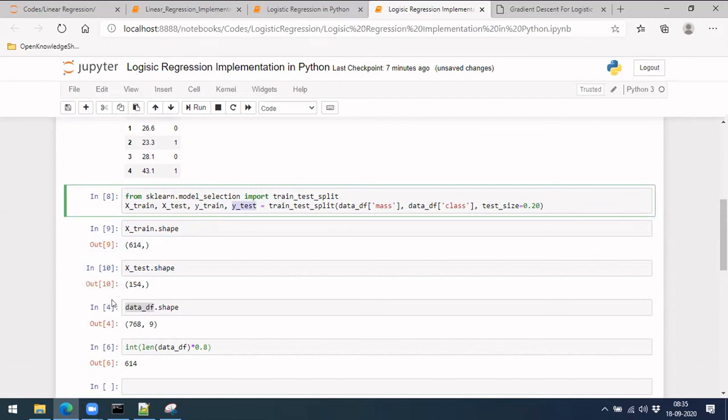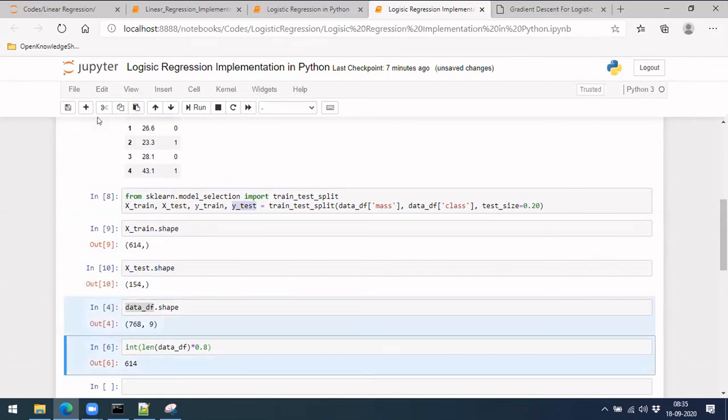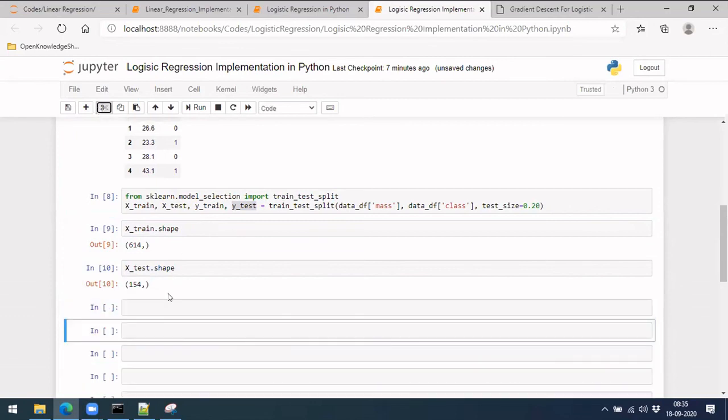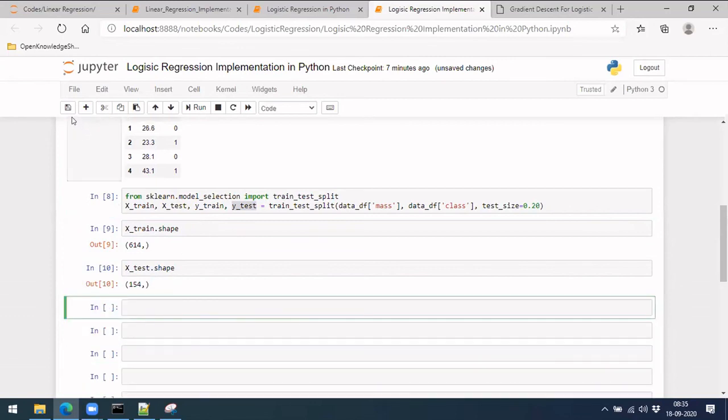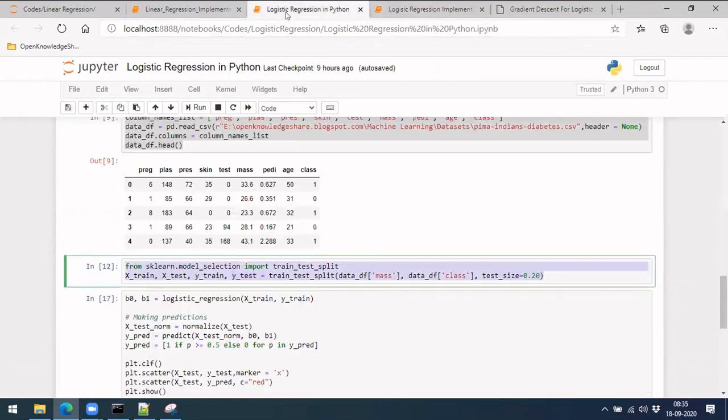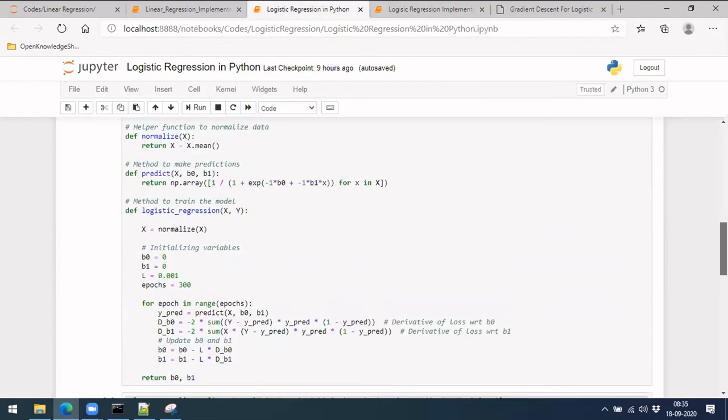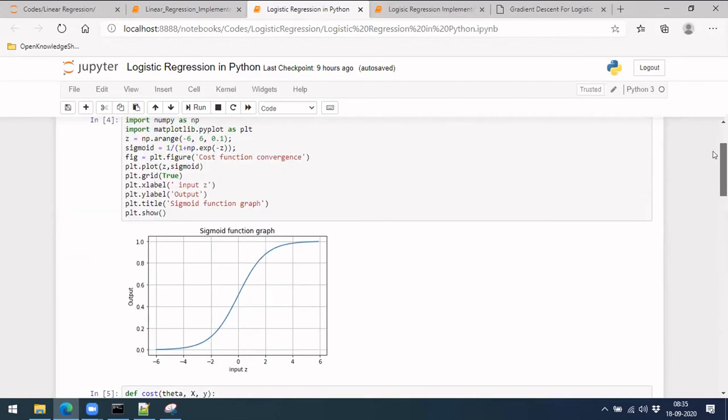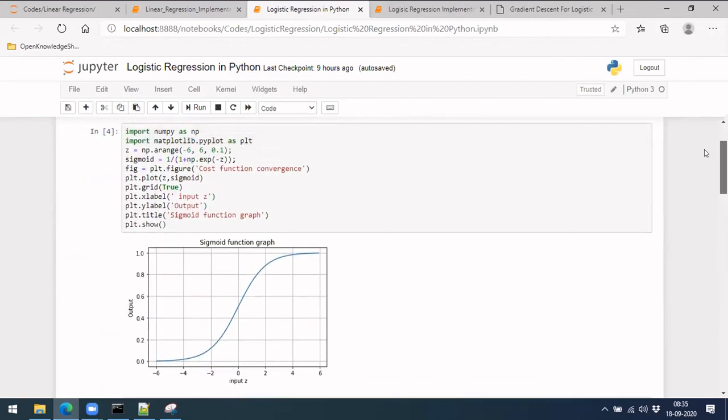Okay, so now the data is ready with us, and we'll be able to train the model. For training the model, let me take the things like I have implemented initially. Yesterday, if you remember, we were speaking about a function like 1 by 1 plus e power minus x. In case you plot this function, it will come like this. This is what I was showing yesterday.